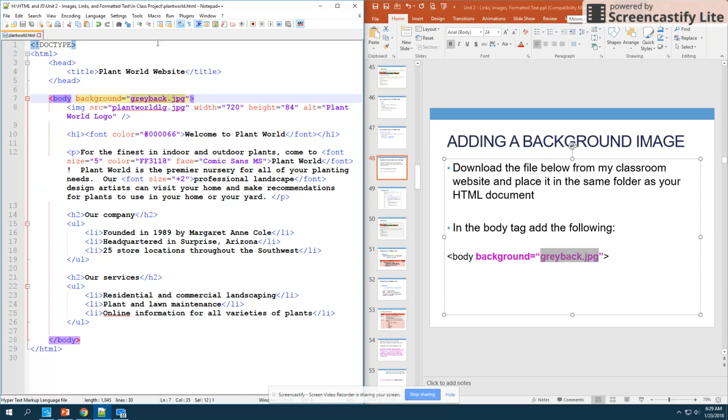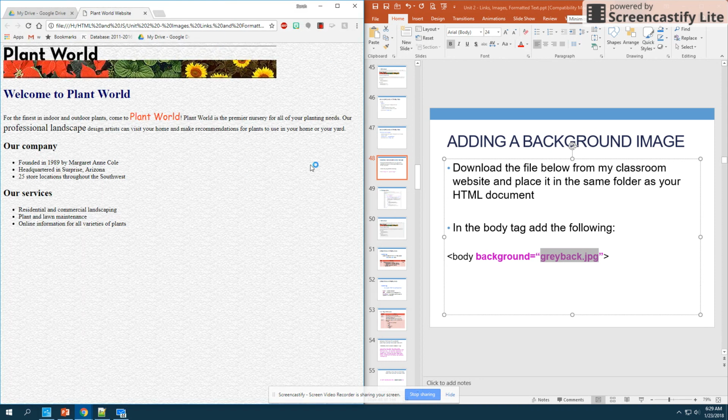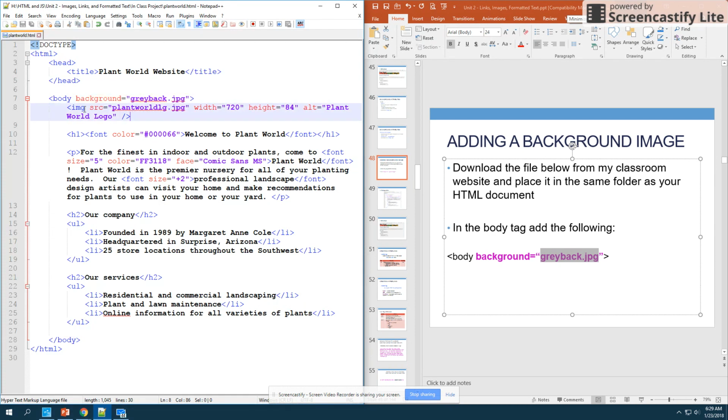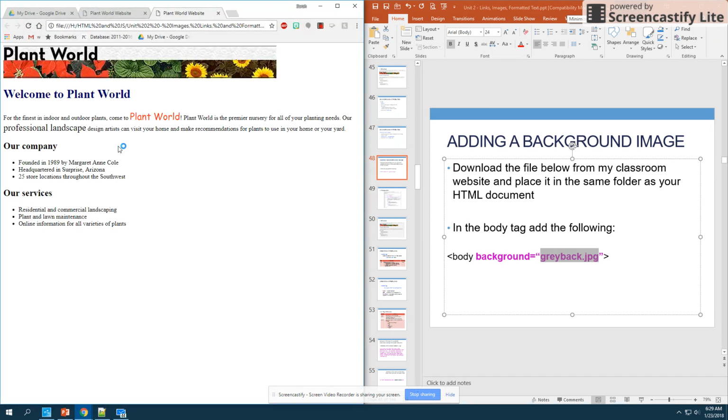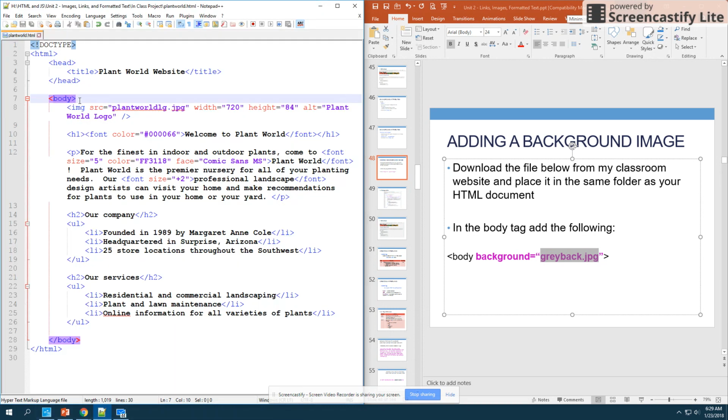So now if I save and I run, what you will notice is you can see that it's a slight gray, kind of stony looking background. It's very subtle, but there's a change. That image is now the background of my web page. So if I would take that out and I can show you kind of what it looked like before, if I run it again, you can see this is the white background. There's the image. You can see the image is very subtly there, but it does improve the look of that